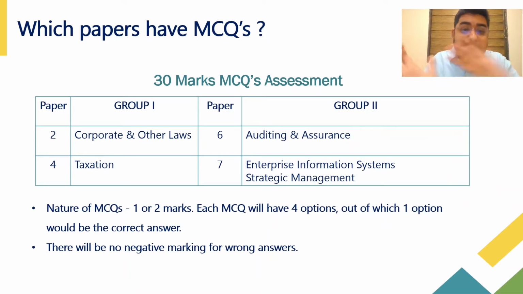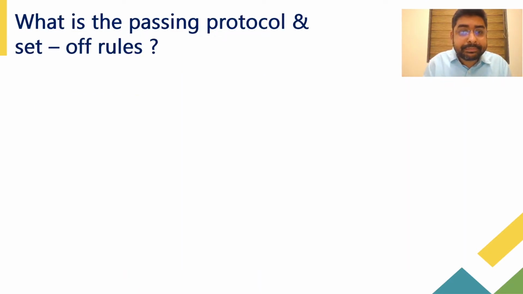All right. और बाकी जो पेपर्स हैं 4, उसमें कोई एमसीक्यूज नहीं आता है. वो पूरा के पूरा 100 मार्क्स स्ट्रक्चर होता है. All right. Now,